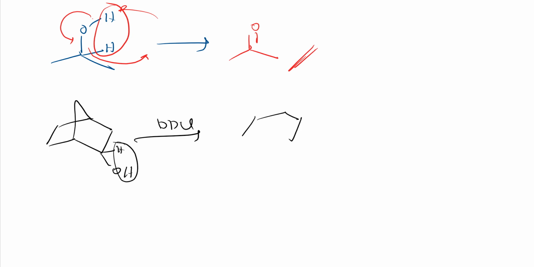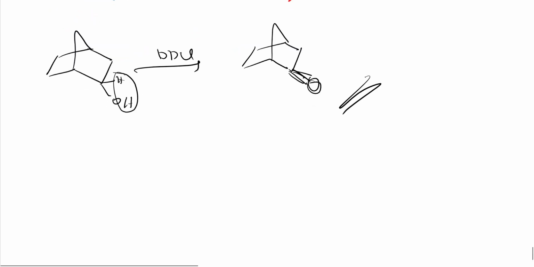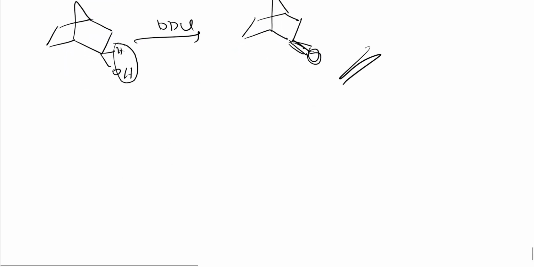See here, ketone I will get here, right? So the mechanism is as above only, right? So these were the few reactions, right? So let us see a few more reactions of this DDQ, some interesting reactions, right? So let me explain them. Some rearrangement happens, those things I should explain to you, right?